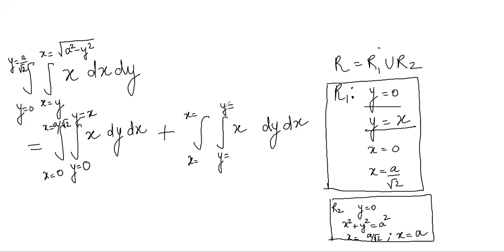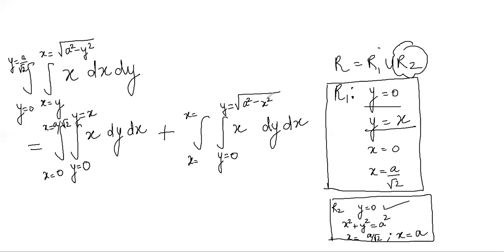Come to the second double integral, which is present on the right hand side corresponding to region R2. We have these curves for R2, which we can see in the figure and which we have written here for our reference. So y is 0 and second is the equation of circle, but we need y. So we will be solving for y, and when we solve for y, we will get it as under root a square minus x square.